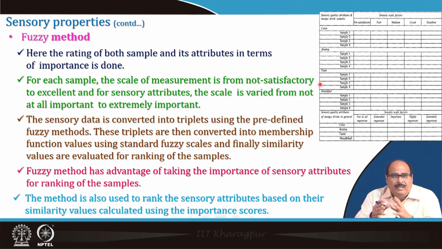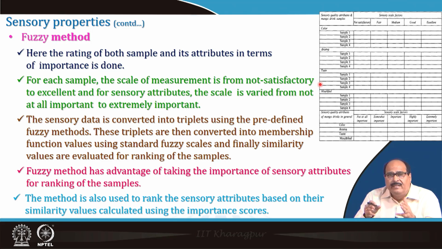For each sample, the scale of measurement is from not satisfactory to excellent, and for sensory attributes, the scale varies from not at all important to extremely important. The sensory data is converted into triplets using the predefined fuzzy methods. These triplets are then converted into membership function values using a standard fuzzy scale, and finally, these similarity values are evaluated